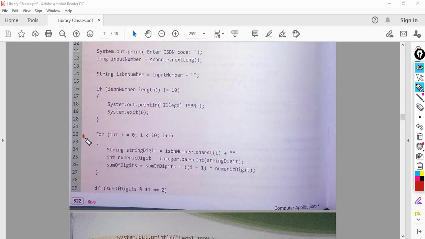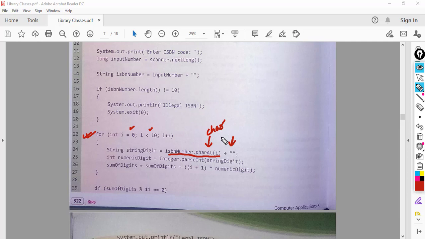And then we start a for loop, which will go from 0 till 9, and in every iteration of the loop we extract one character, starting from the first character, and then convert it into a string. Remember, this is a character.